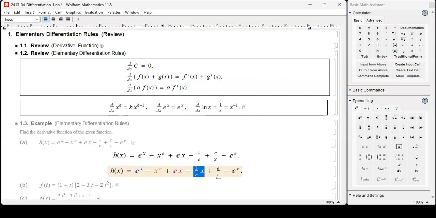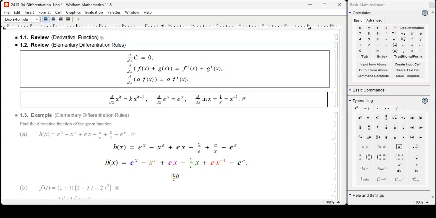Highlight in green. This one is the toughest. x is in denominator. That means x to the negative first power. Let's highlight in red. And this one here, okay, all right. It's just a constant. There's no x. Therefore, if you take the derivative,